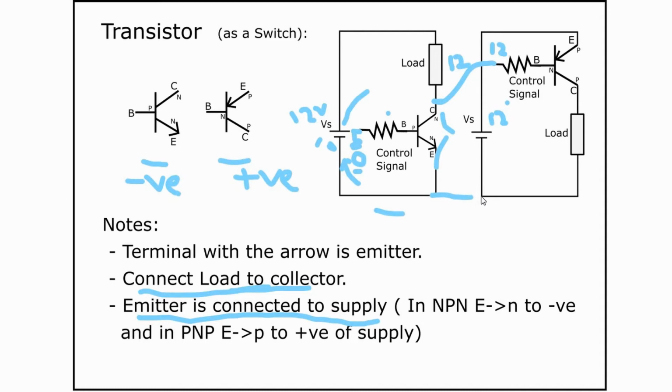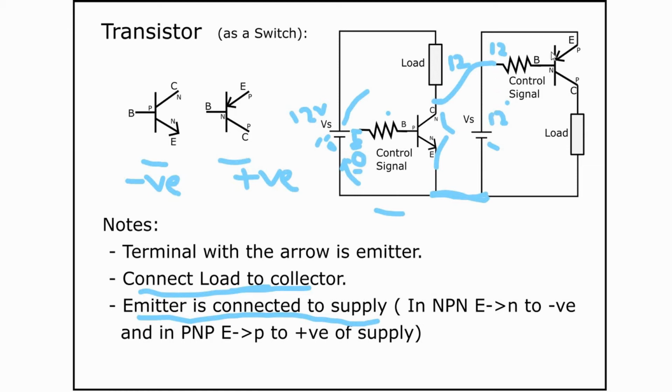So we have to make the negative common here. Basically, if you have to connect two circuits which are on different power supplies, here this is a different power supply and this is a different power supply, they are isolated, they don't have anything in common. Then you have to make a common ground. Without making a common ground between two circuits, you cannot transmit any current from this circuit to this circuit or from this to this. Now let's see what happens. I've given 0 volts here, there's 12 volts here. So there is 12 volts here and this is 12 volts.